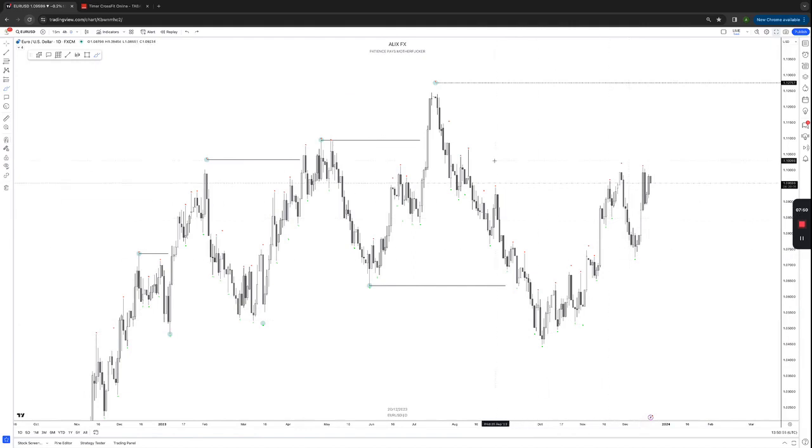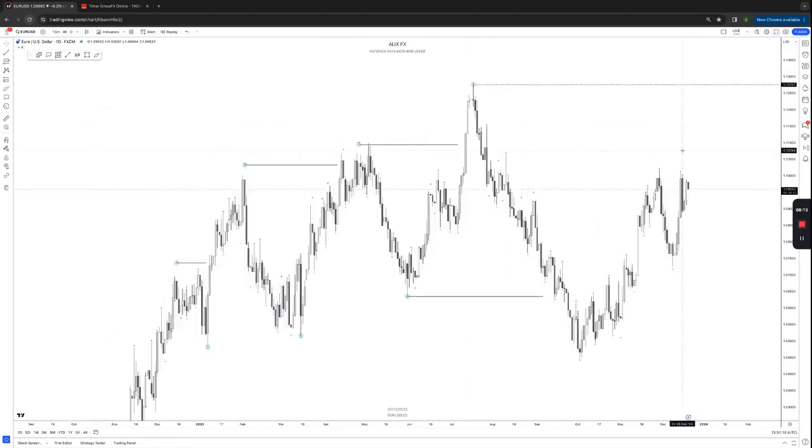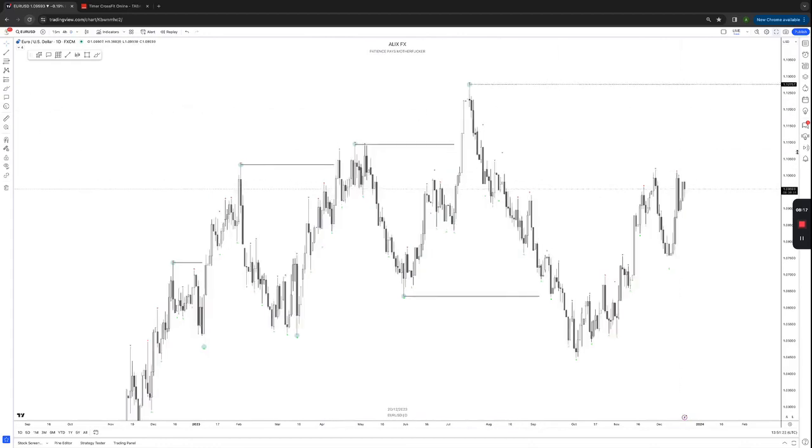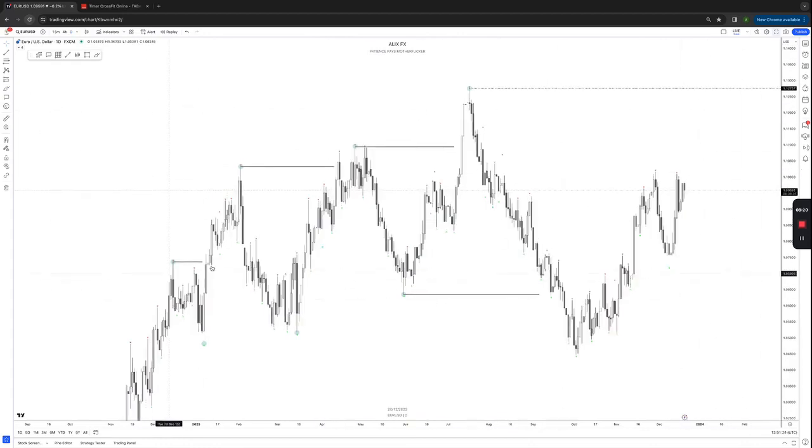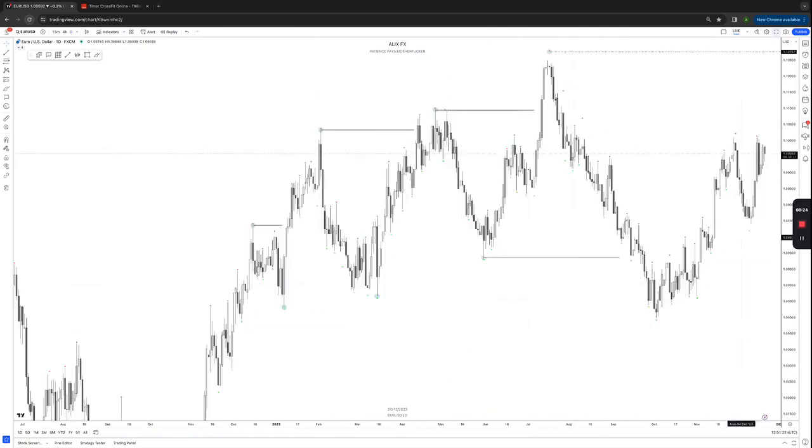Now, a rule of thumb that I use myself to establish daily pullbacks, and whether something is significant enough to be classed as a pullback, is around 250 pips. This is what we use to measure a daily pullback. The way you can double check this is by measuring the 5 previous breaks of structure. So we have 1 break of structure, 2, 3, 4. So if we find one more,